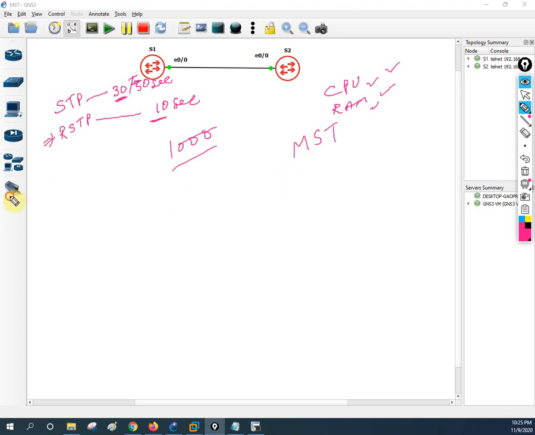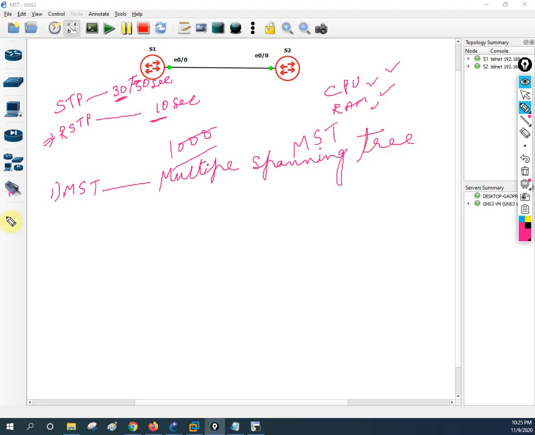Let me write some points here so you can see. MST stands for multiple spanning tree.